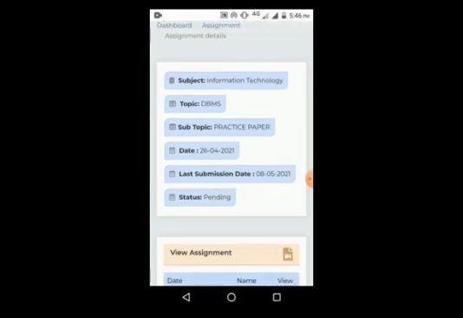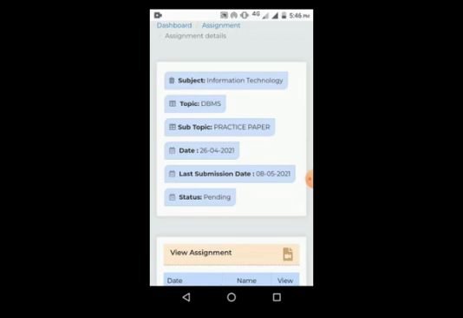One more thing you have to remember: the last submission date is 8th. If you think you will upload your assignment on 9th May, you will not be able to do that. So whatever the last submission date is, you have to work on that. Means on or before 8th, within those days, you have to upload your assignment.